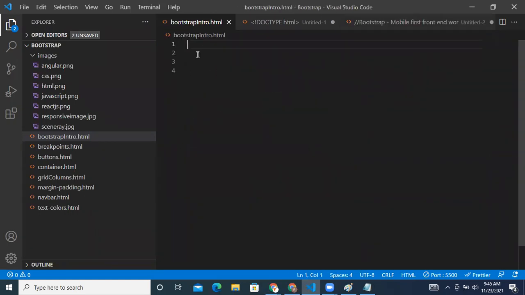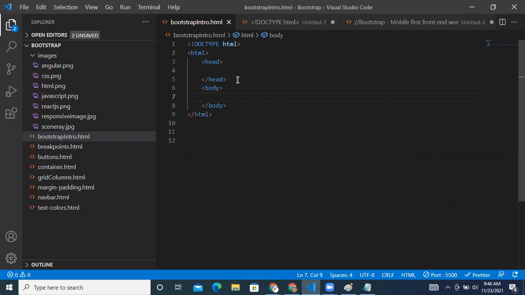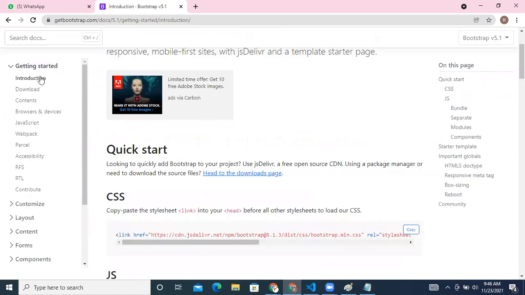So I have an HTML page here, Bootstrap intro. I have nothing here now. Okay. Here we have HTML, head, and inside the head part, we always have to write this link, the CSS link.